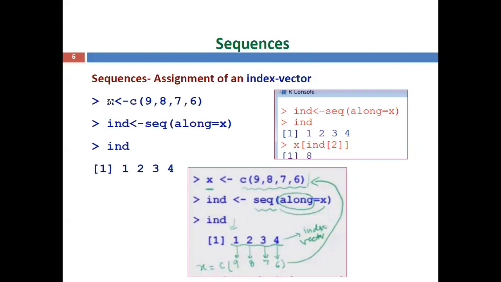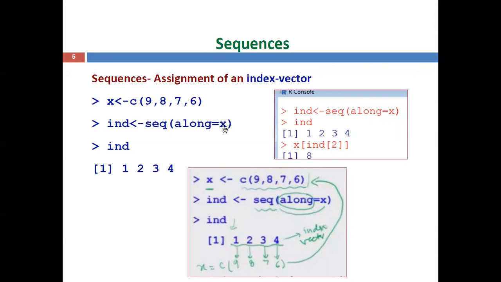For example, here you can see we are storing a vector c(9, 8, 7, 6) into x. Then you are creating an index variable ind by using the sequence function: seq(along = x). Here the along argument is used.